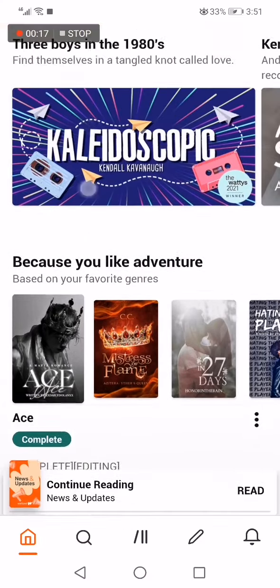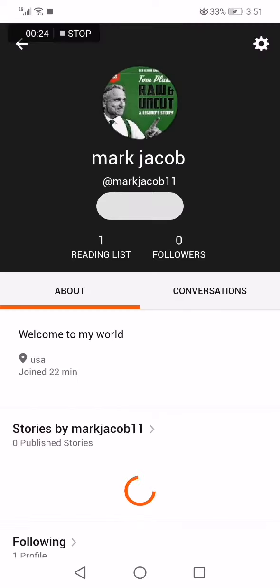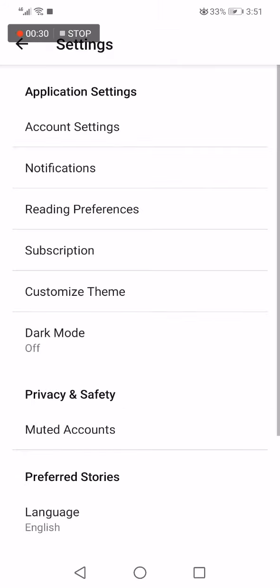This is the home page, as you can see. Now go to the top corner and click on your profile picture. After you click on it, go to the top corner again and click on this little icon. Now choose the first option, account settings,